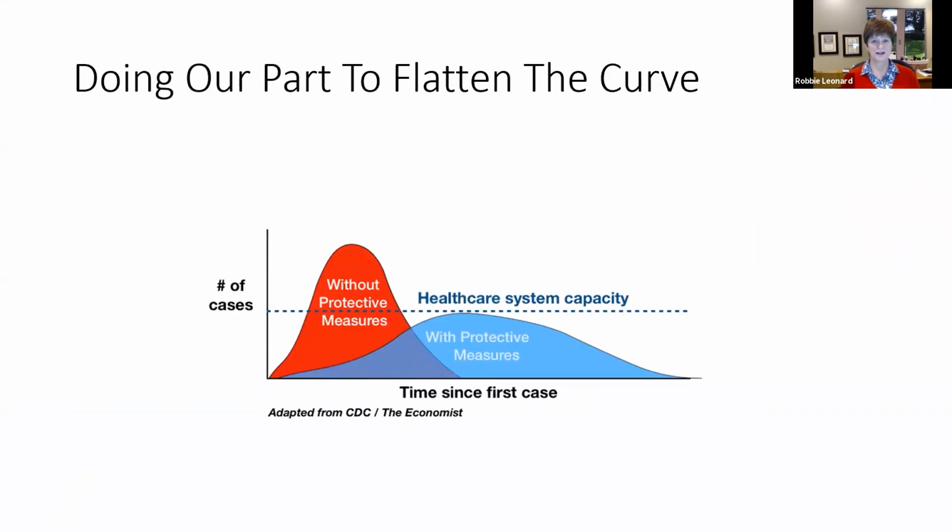So we've all seen this graph during this period of time of flattening the curve. And all of us as therapists want to do our part to flatten the curve. And so telehealth is one of our options that we can utilize to do our part to flatten the curve. We want to make sure that we're continuing to see our patients in an appropriate way. There may be some patients that absolutely need to be seen in the clinic, and those will be clinical judgment calls that need to be made.